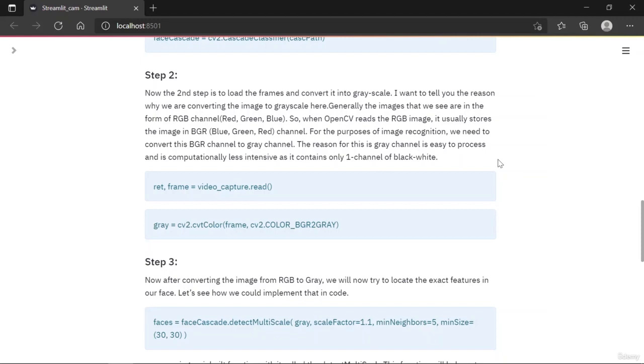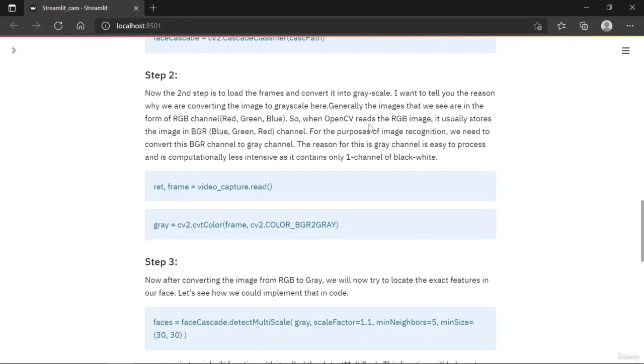Similarly, an XML file that has been processed and trained on images in gray and black format, grayscale I would say, can't be used on an image that has color in it. So first we convert our image, which I'm calling frame, into gray format.